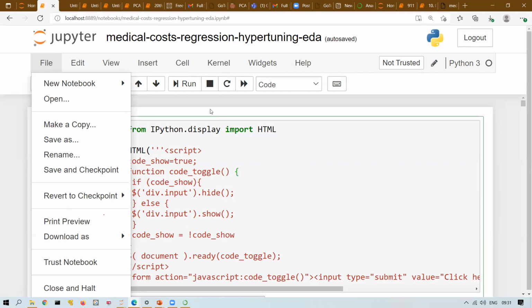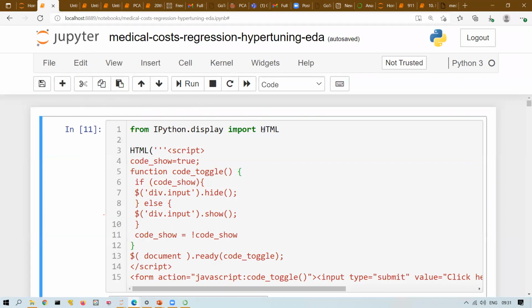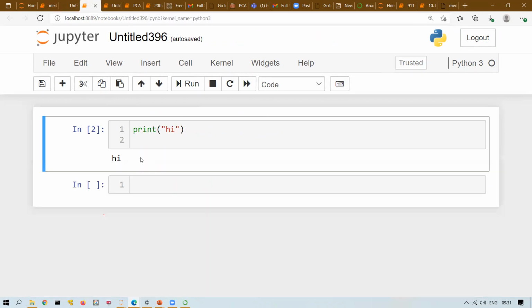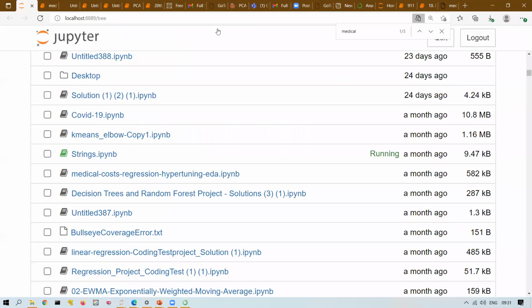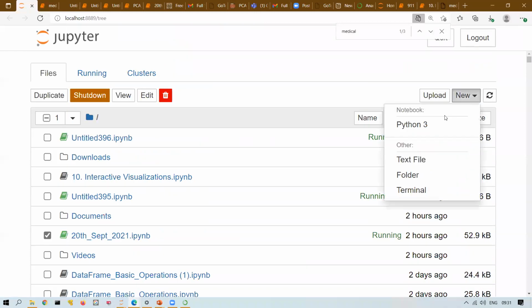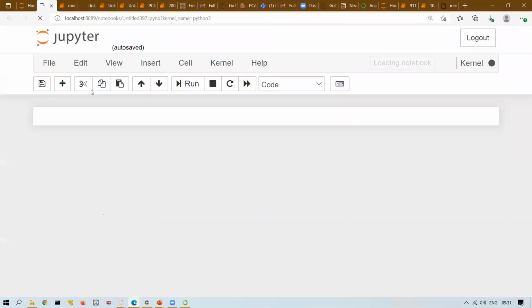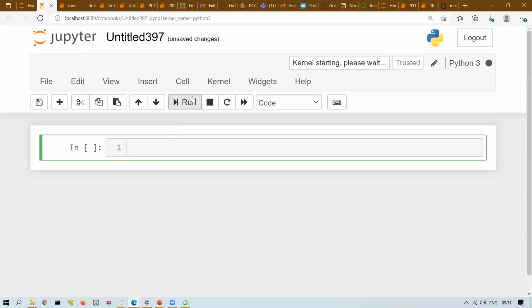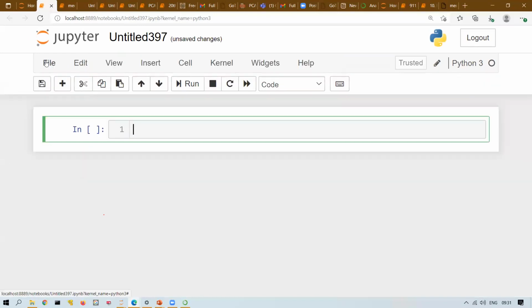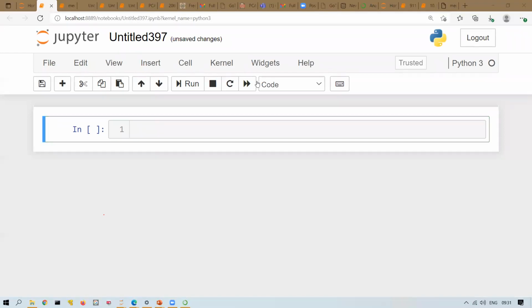Okay, so any question till here? Did you understand how to open and how to download? How to write code and how to download? Are these two things clear? Open a file by going to Home, go to New, right? And then you can select Python 3. So a new Python file will be opened. Write your code, execute it, download it by going to File. Any questions? We are all good till here? Yes, yeah, yes, good, ma'am.